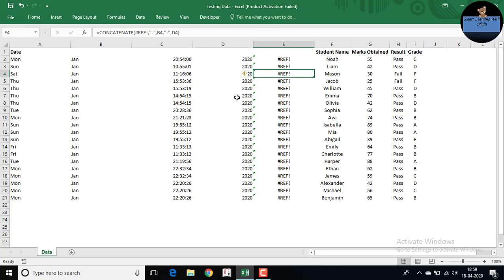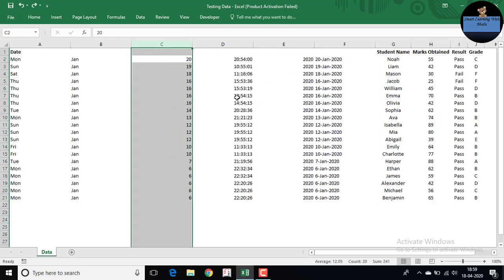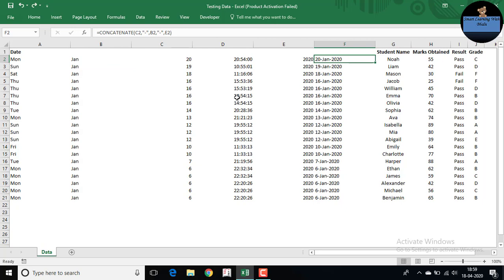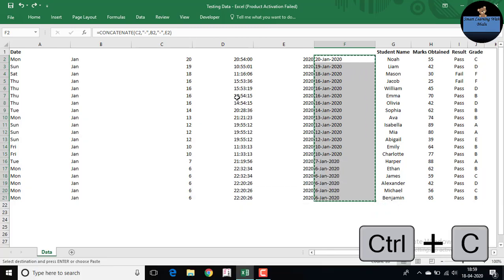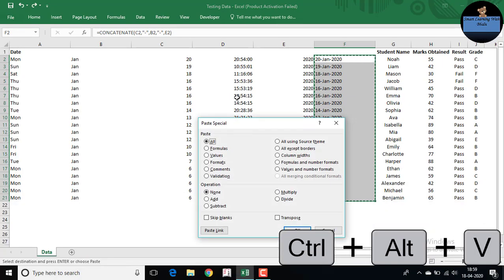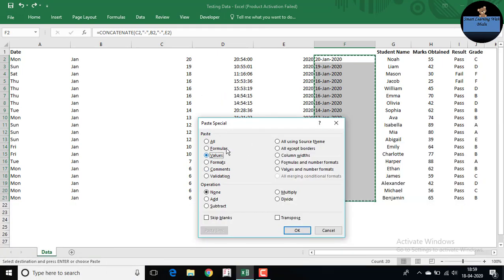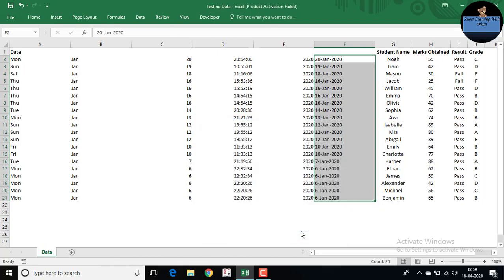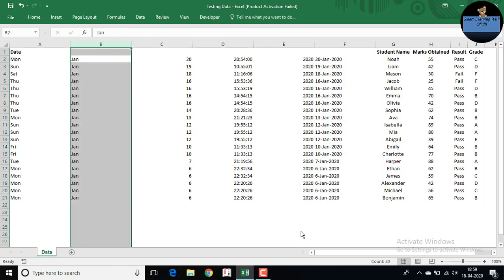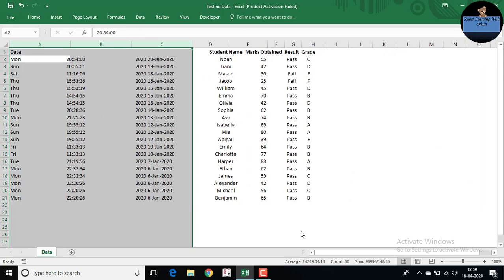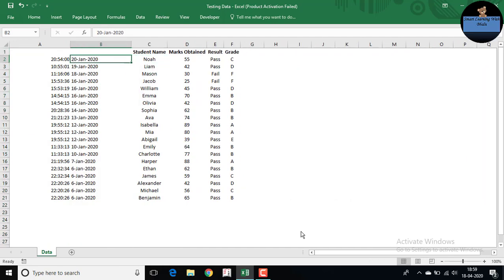So always remember, whenever you're pasting it, once you're done selecting it, press Ctrl C, then Ctrl Alt V. Once you're done with this, just hit Values because we want the value, we don't want the formula here. Just click on Values and click on OK. So now if I delete this or the whole thing, this won't be affected.